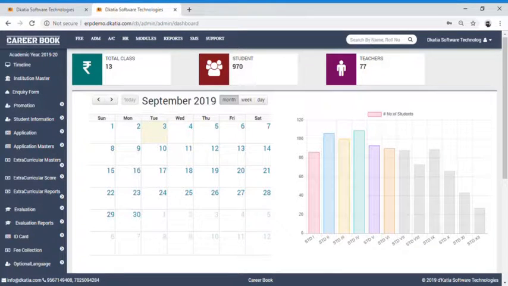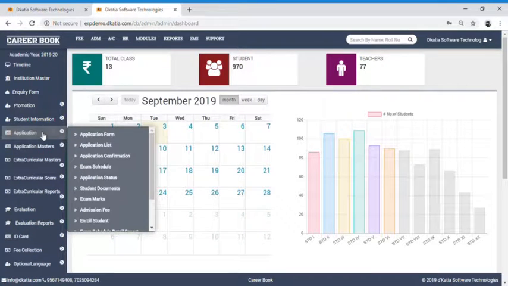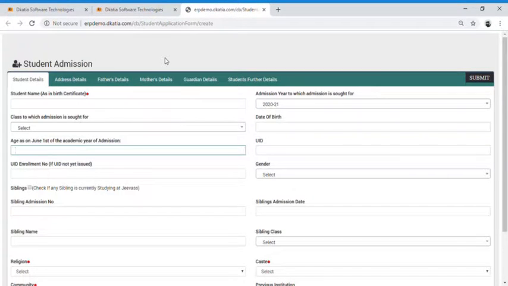Now let's see how the routine operations of a particular education institution are handled in our software. At first we have the application details over here. That is, there is an option to fill a particular application form. This application form is integrated with the school's or the college's website, and there is an option